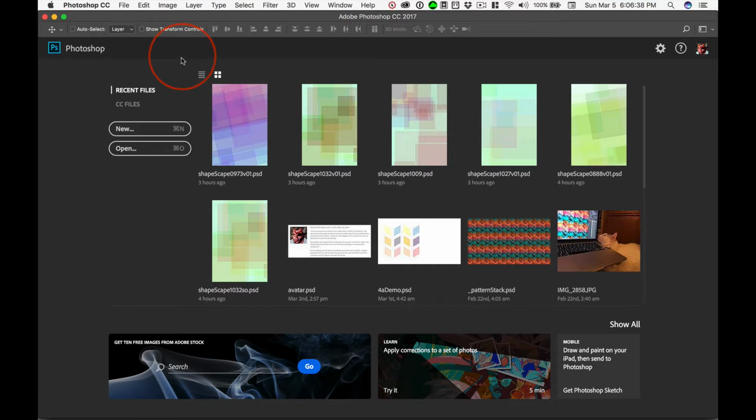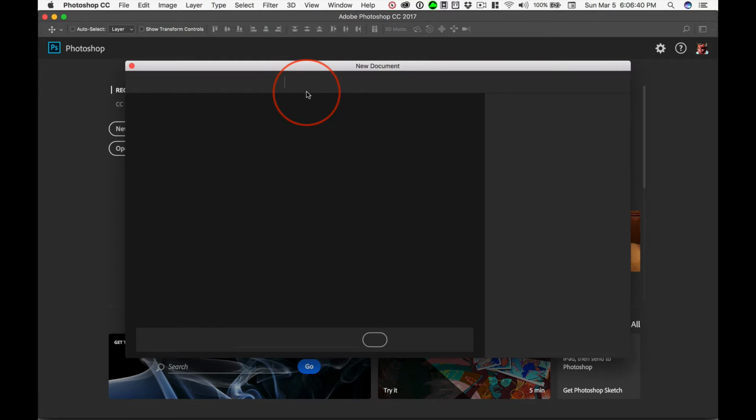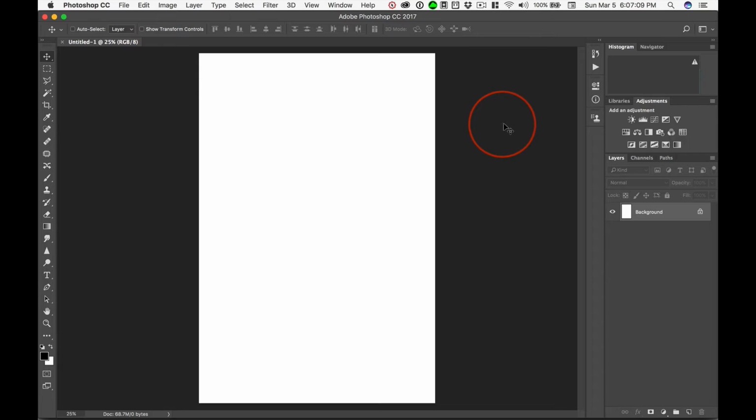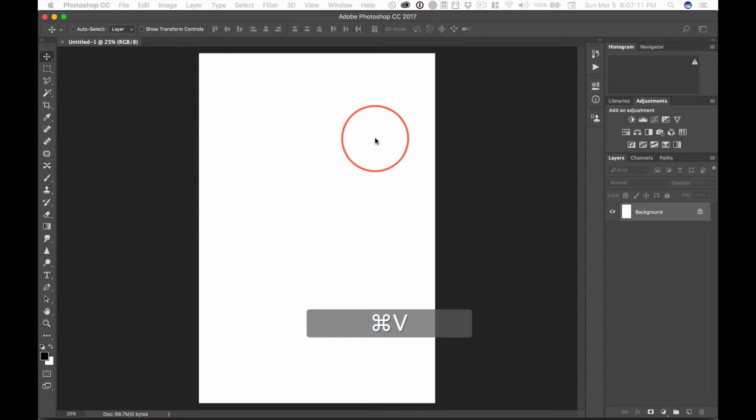And then launch a new file. And now pay attention, this is a different size than you're used to. 4,000 by 6,000, 4,000 pixels wide, 6,000 pixels tall, 72 pixels per inch. And the 72 is just fine. We'll talk about this later, but for now, RGB, 4,000 by 6,000. Got it? Go ahead and create that, and then Command V to paste, and this comes in on the wrong